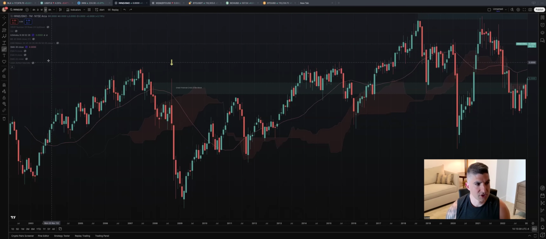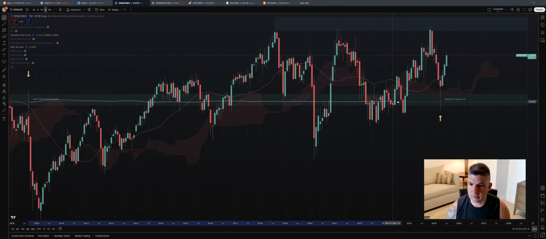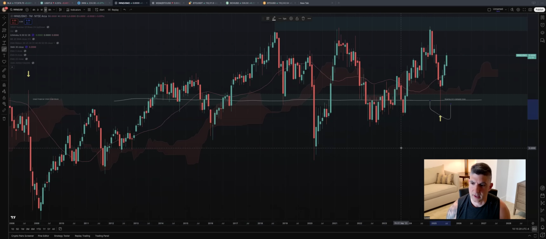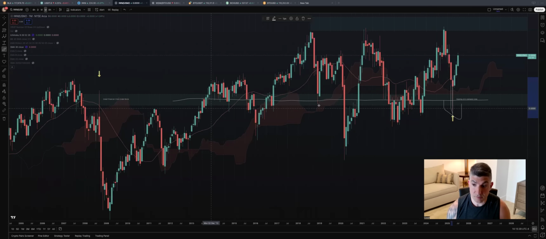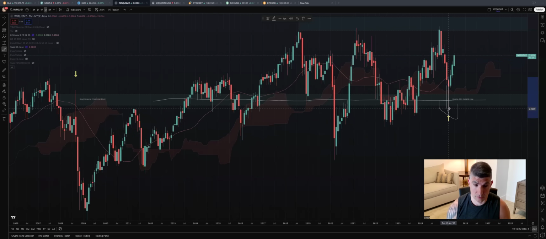Why that's important is let's go all the way across from that major point in the market, that block, and keep going, and keep going. And where are we now? Oh, look at this wick. Look at this action into April, this major move down in April. We got a wick. It got bought up in this, what I'm now calling a demand zone, which was the great financial crisis bearish block.